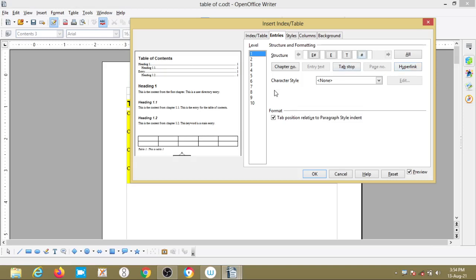Okay, see here the change. I want to change the things in level 2. First, here I am selecting entries in that level 2.